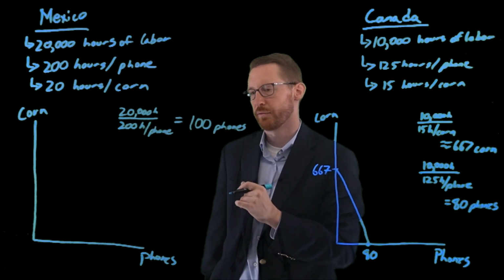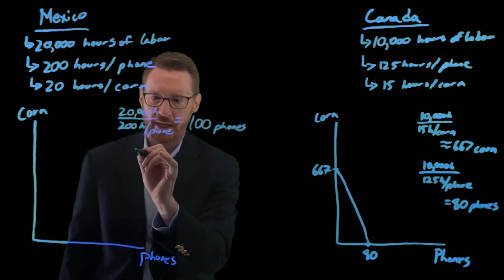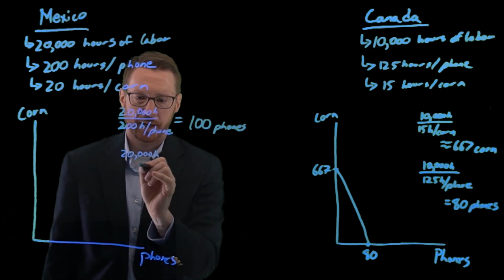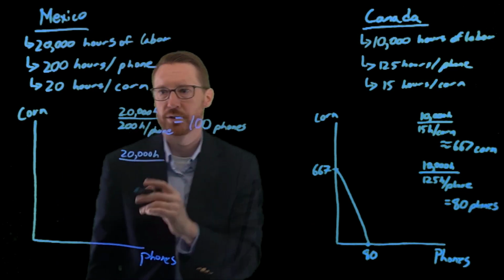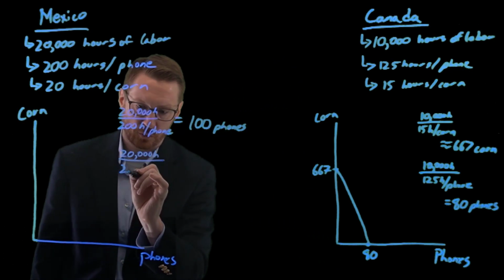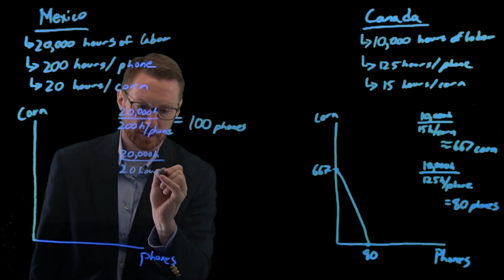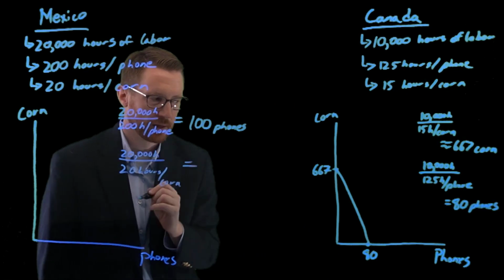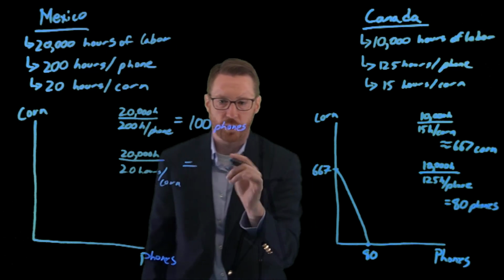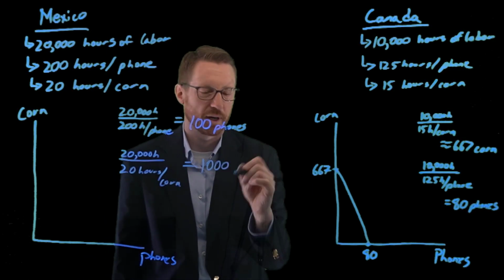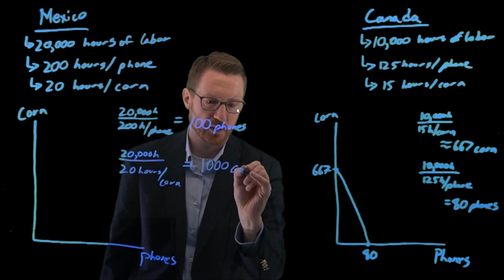Or if they take that same 20,000 hours, all of their labor, and they decide they're only going to grow corn with it, so 20 hours per corn, then they can end up producing what? 1,000 units, tons, whatever you want to say, right? 1,000